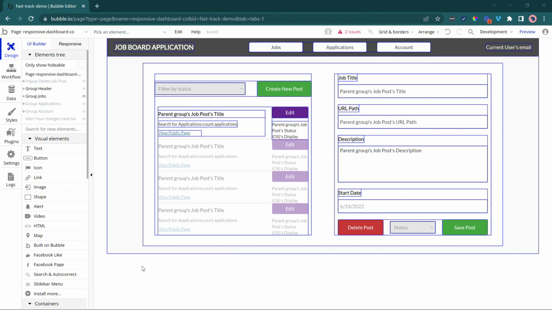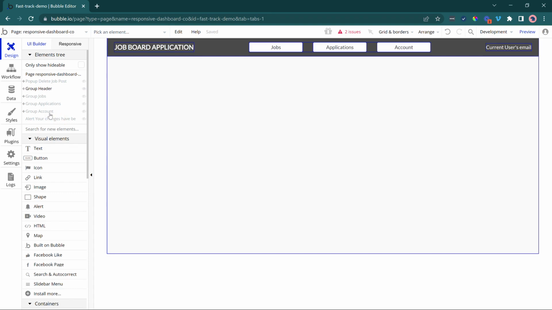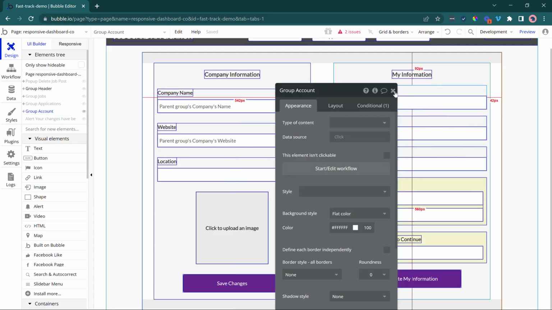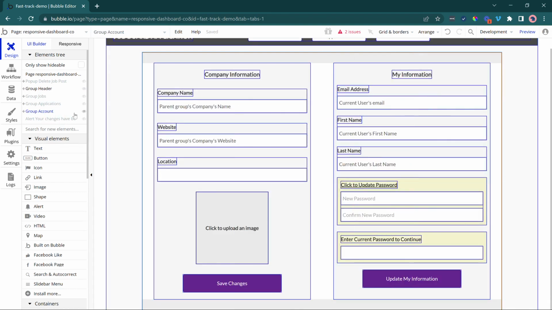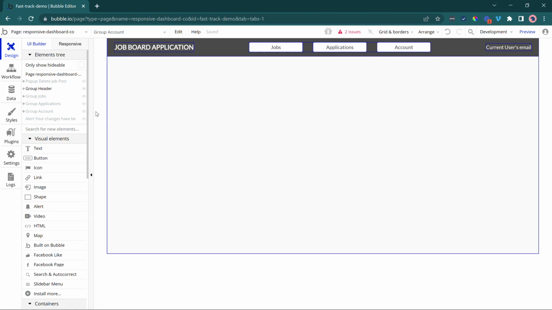We're actually only going to have two tabs for them: the applications that they've submitted to other jobs and their own account settings, which is just going to be their credentials and any general user profile information. If you recall, for the company user, their account settings had both company information as well as the company admin's info. So I'm going to start by cloning this page